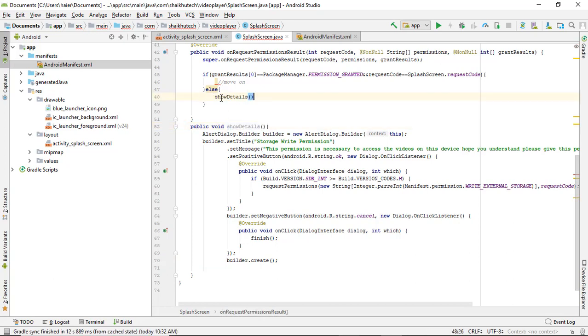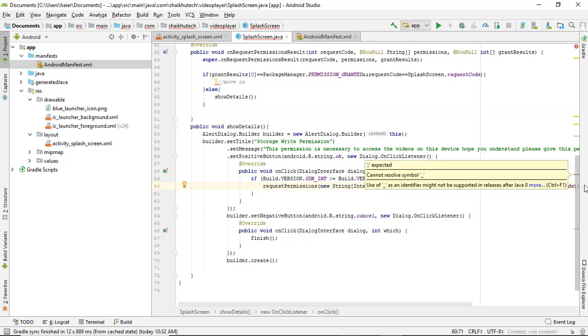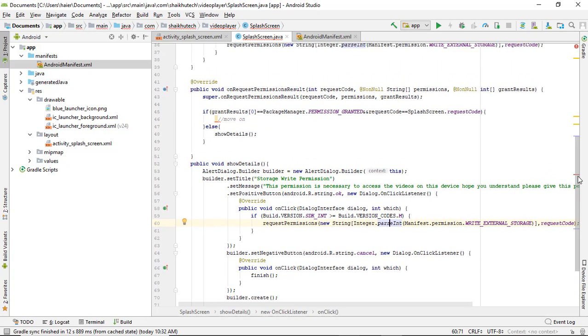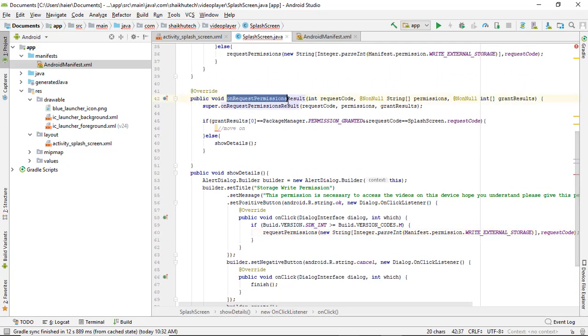You will be wondering that what happens if we requested the permission. After we requested the permission, when the user will give its result, on request permission result method will again be called, and it will again check if the permission is granted. Then alright, we will move on the code. If not, then it will show the details again. It will keep on showing until he cancels that dialog. Alright,